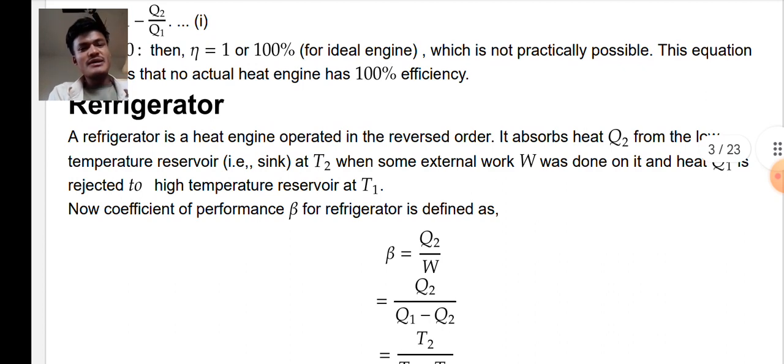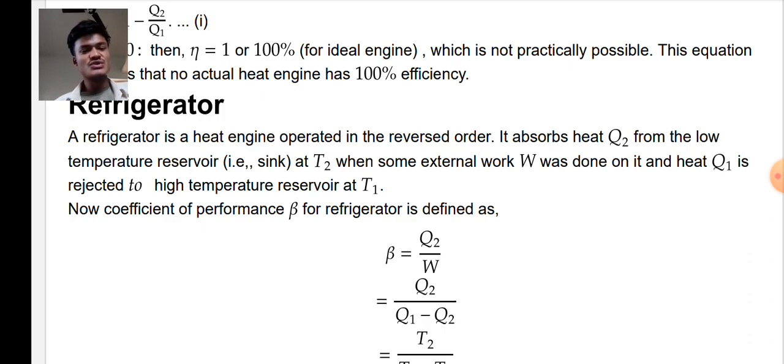Refrigerator. A refrigerator is a heat engine operated in the reverse order. It absorbs heat Q2 from the low temperature reservoir, that is the sink at temperature T2, when some external work W is done on it, and heat Q1 is rejected to the high temperature reservoir at temperature T1. Now the coefficient of performance beta for a refrigerator is defined as beta equals Q2 divided by W, equals Q2